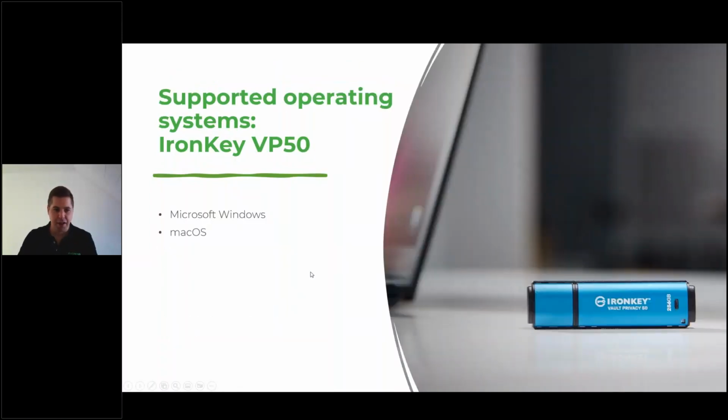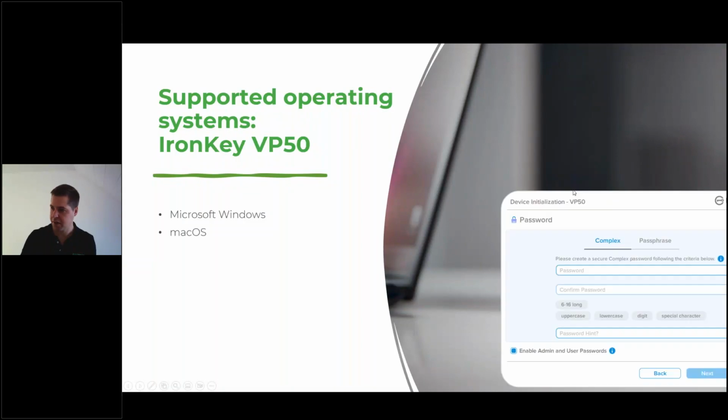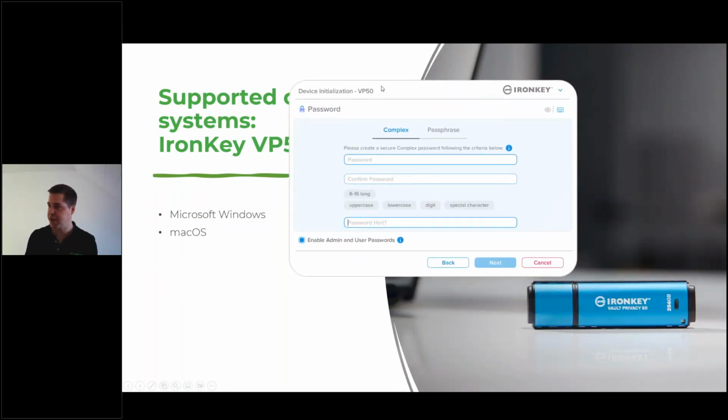There's also a USB drive which looks like a USB drive, the IronKey Vault Privacy 50. It is similar in protection methods to the IronKey Vault Privacy ATES, which I have shown you, or the Keypad 200, KP200. But this is a USB drive which has an emulated CD. Here you can start an application. I can show you. You don't need to install this application. It's an executable file, and then you've got the possibility to